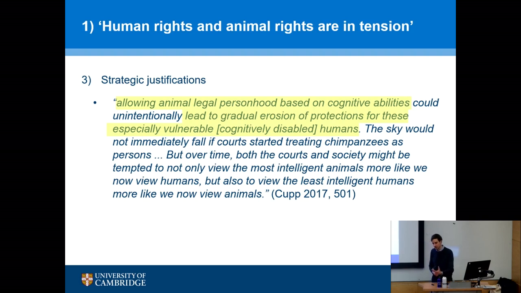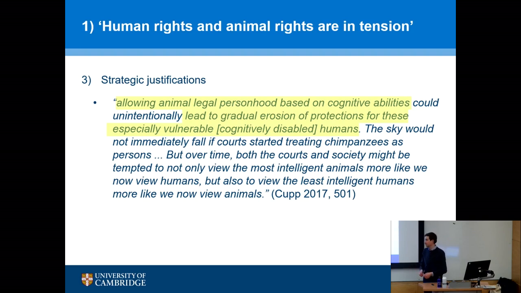legal strategy adopted by the Non-Human Rights Project, as we will see in a few weeks. They're trying to say chimpanzees, elephants, look, they have autonomy as well. They want to lead their lives. They can plan for the future. They have features, attributes that make them deserving of rights. Cobb thinks that's a very dangerous strategy.